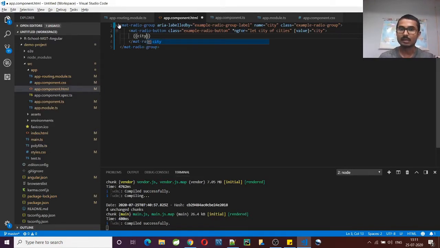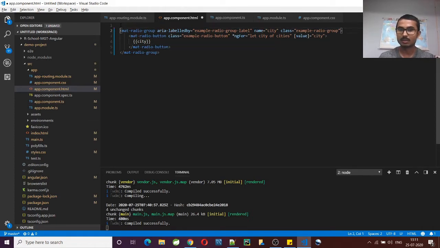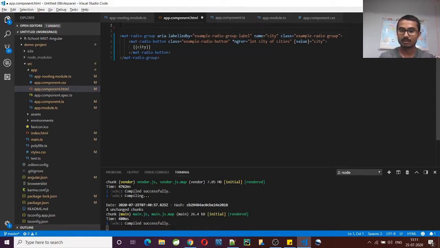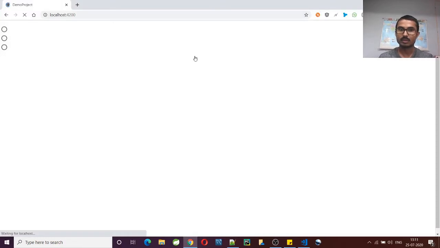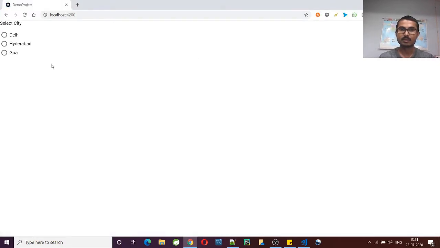And here I'll give one label, select city. Okay, so these are the radio buttons which we have.